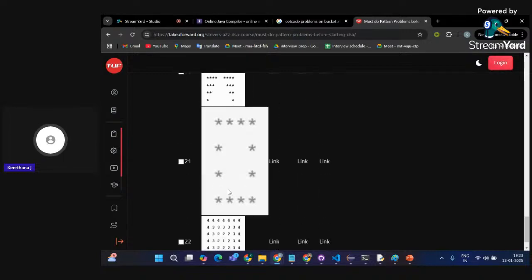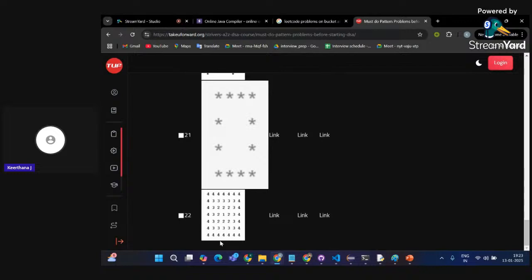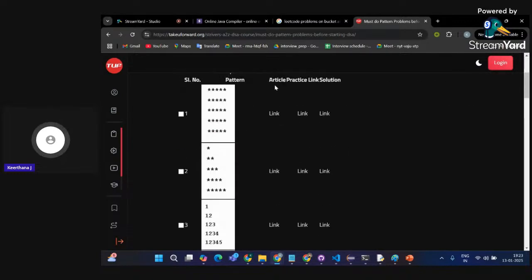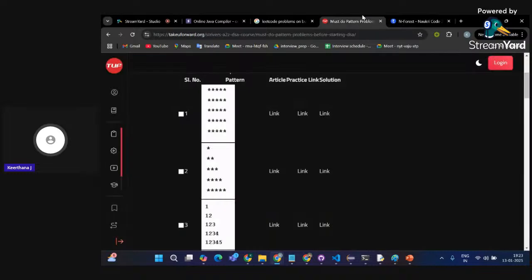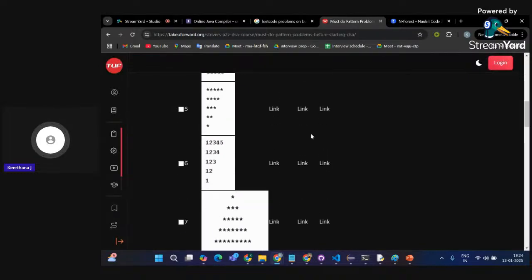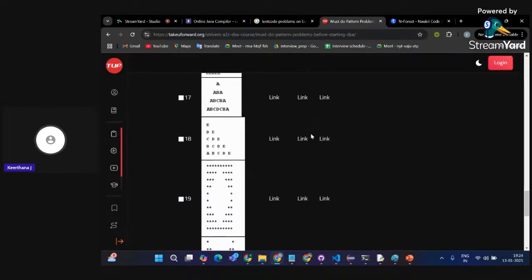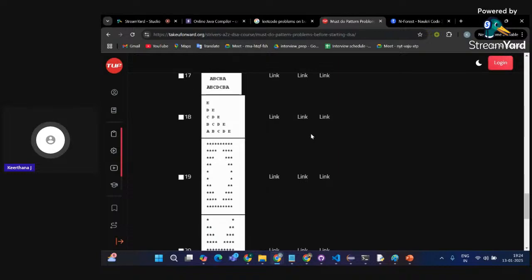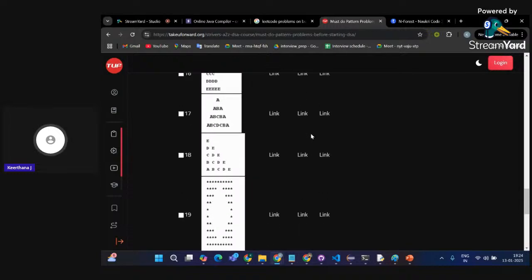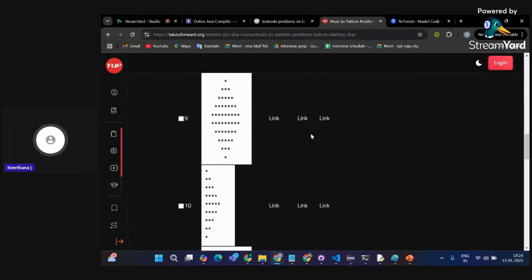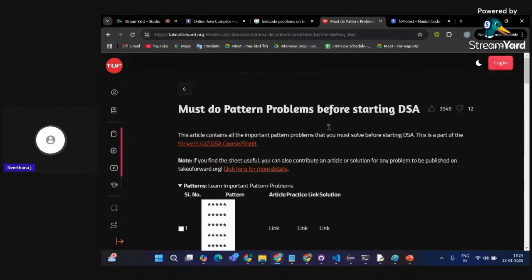This is letter patterns, okay? This is spiral matrix, okay? So the problem will be given, the practice link will be given over here. It's not clear? Okay, so you can solve all these patterns available in the pattern problems of Striver's sheet. 22 problems are there. If you solve these, you'll get a good grip on pattern problems, okay? And also you will have strong knowledge of nested loops, which will help you